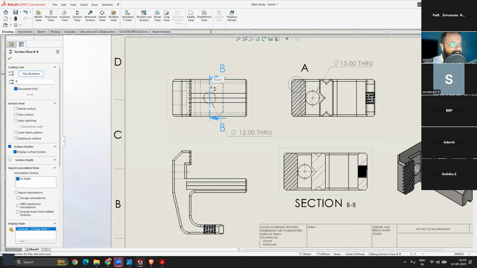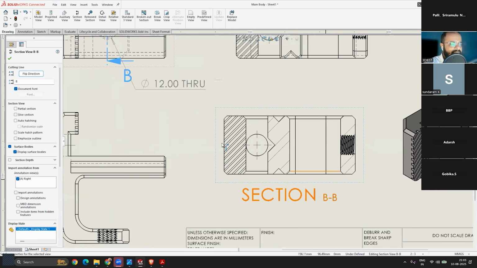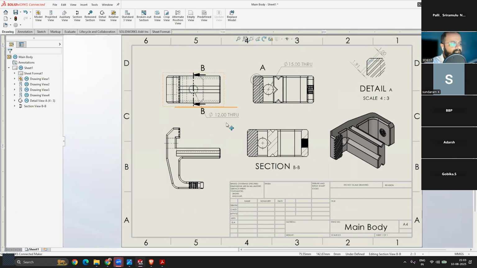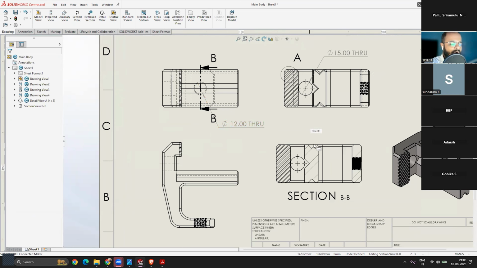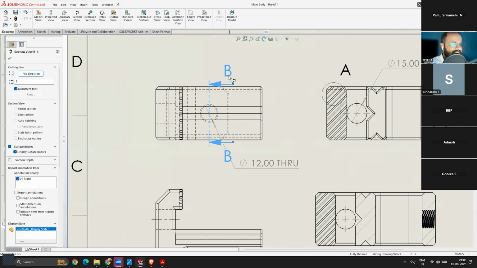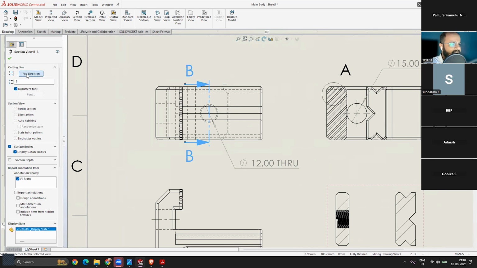So this view is the section cut view of this view. If we make a section cut along the BB axis, we'll get a view like this. So we can create section views, and once we are done, we click on finish. And if you want to make a change, let's say I don't want this section view towards the left, I want it towards the right. Simply select your section view, press escape, select your section view, and then in the section view properties, flip the direction, right?